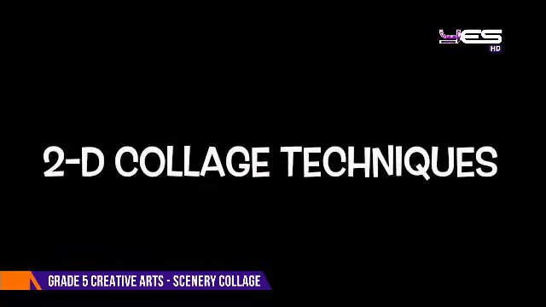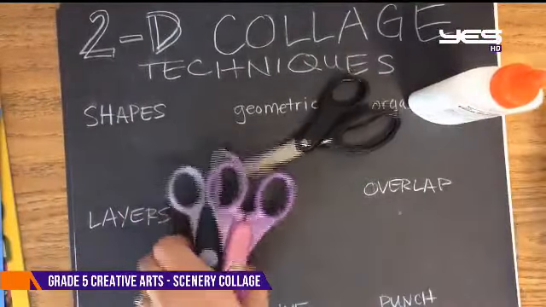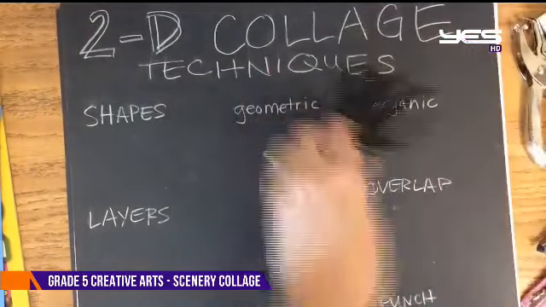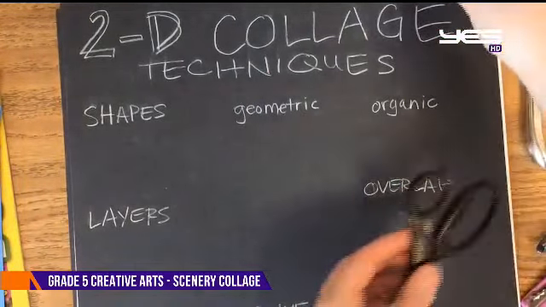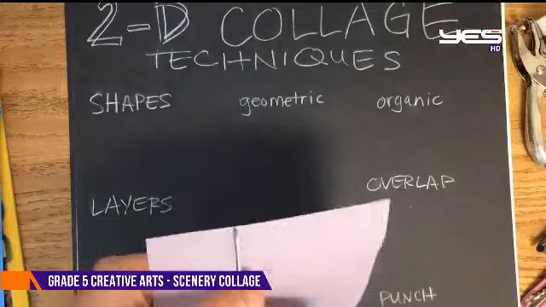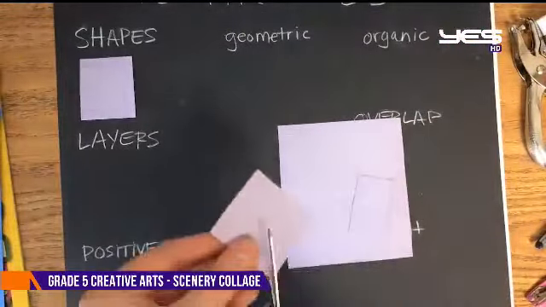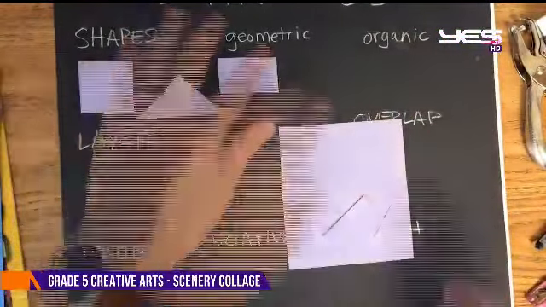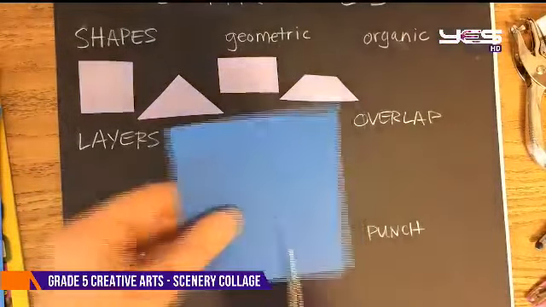Today I'm going to be teaching you about 2D collage techniques. There's some materials that you might need, including scissors, wacky scissors, hole punch, glue bottle, and a glue stick. Once you have your materials, you need to start thinking about what you are going to create and how you want to piece the shapes together. You can always start with geometric shapes like triangles, squares, rectangles, and just begin cutting different shapes and piecing them together to create